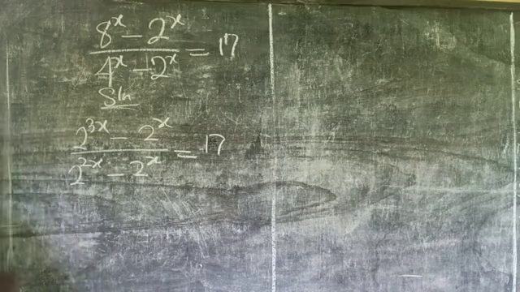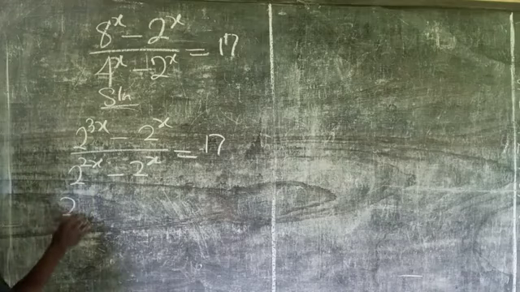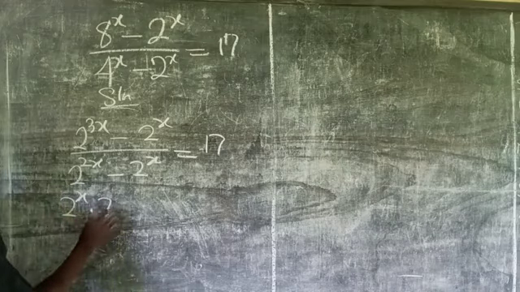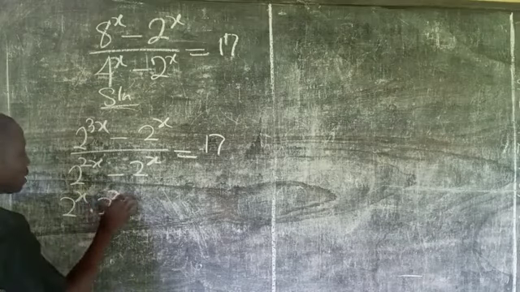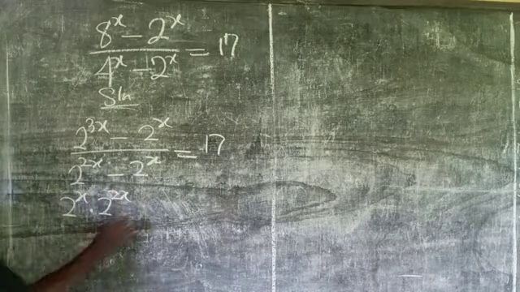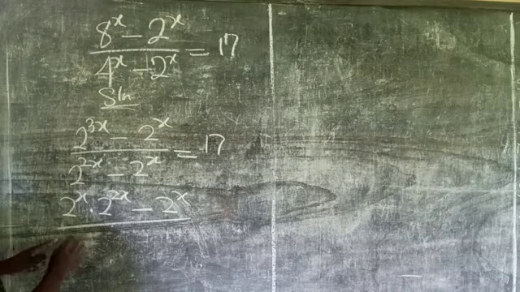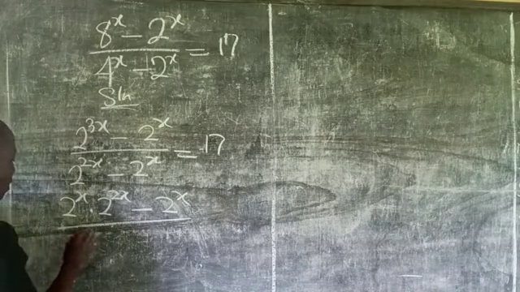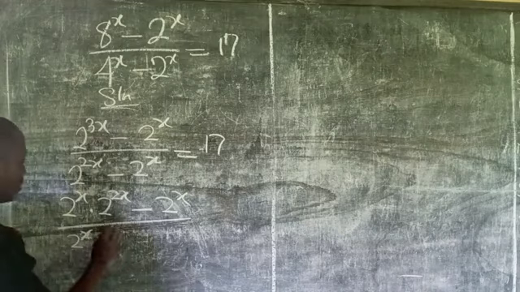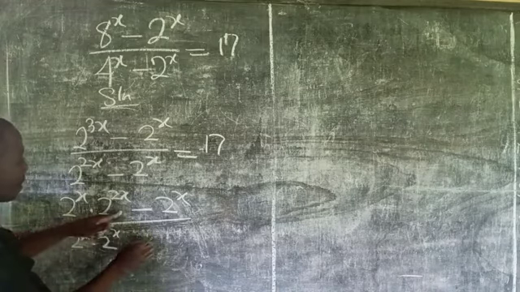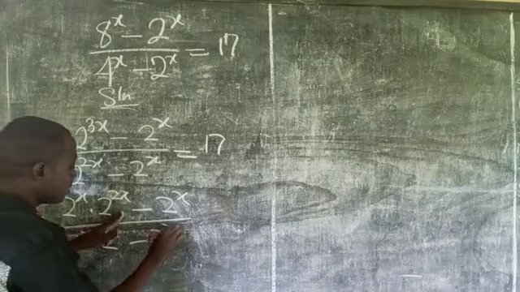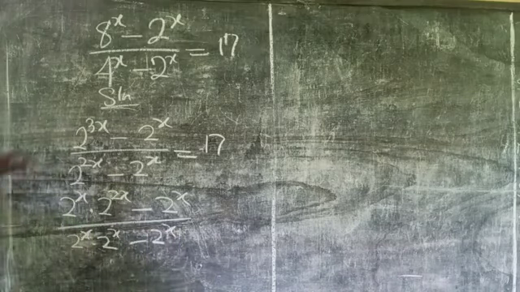So what do I mean? I want to say 2^x times 2^(2x) minus 2^x, all over 2^x times 2^x minus 2^x. Fine, let's go through it. The top is, remember,